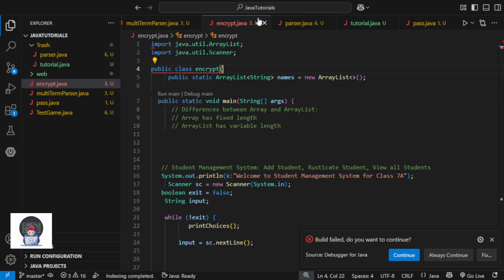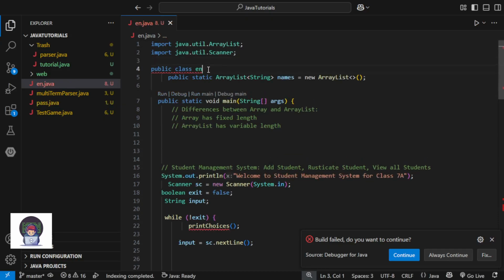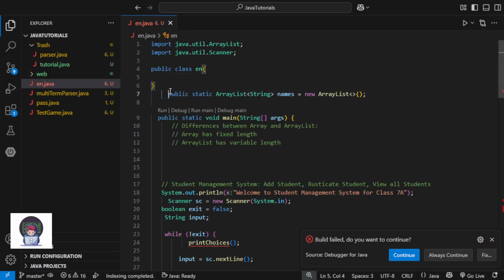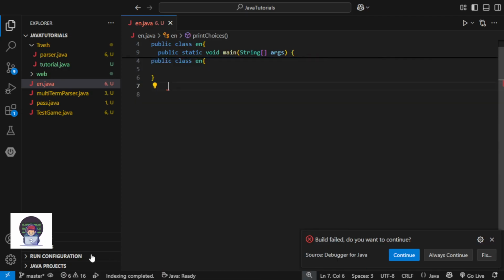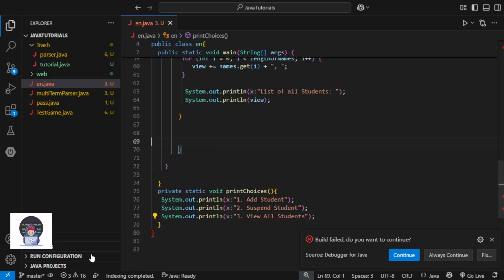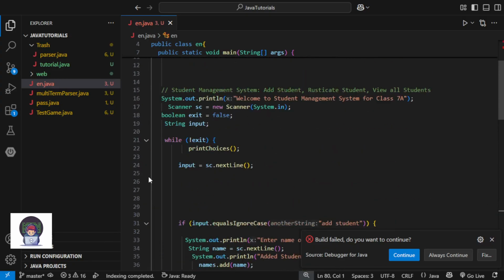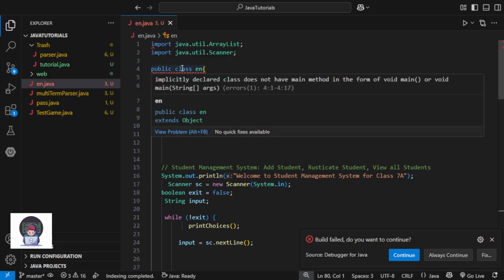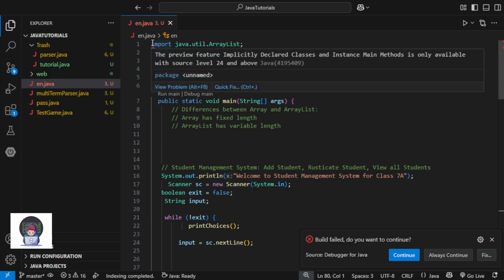Something is wrong. Public class Encrypt. What is happening? What is wrong with this? This class does not have a main method in the form of main or... whoa.